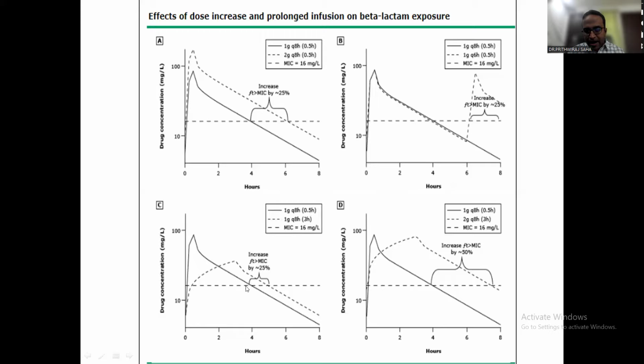So the time you spend above MIC was 4 hours. When you give an infusion, you increase it by 25% of the time and you now spend almost 5 hours above MIC. So if the duration was 8 hours and you were spending 4 hours above MIC, then it was 50%. Now you have come up to almost 60% above the MIC. So you see that if you are increasing,